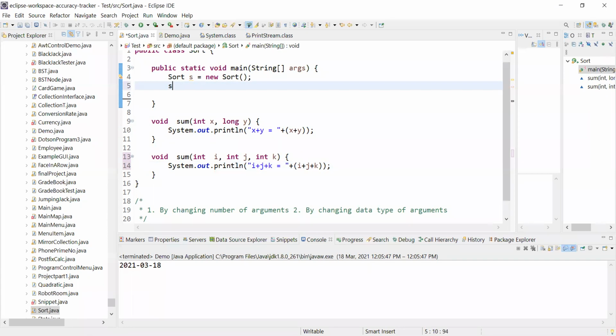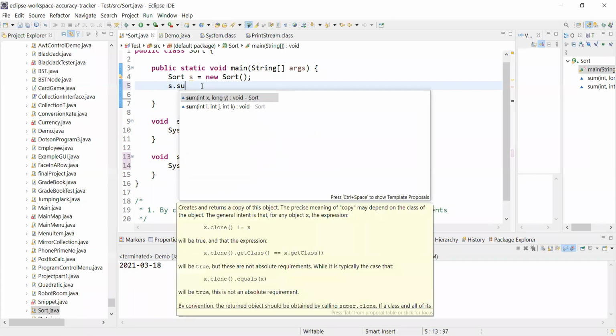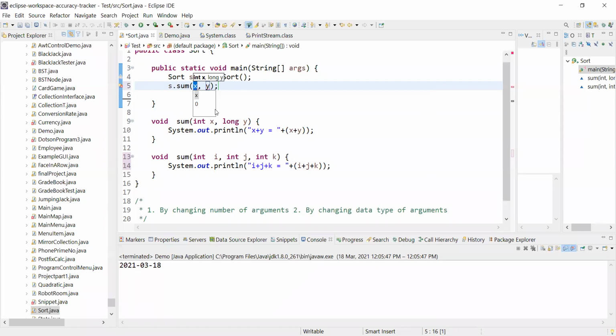To call this, what we need to do is s dot sum. If you see the first method, it takes an integer and the second one is long. Now if I say 20 and 20, what type of data is 20? It is an integer, but you can see there is no compilation error. This works on the principle of type promotion.